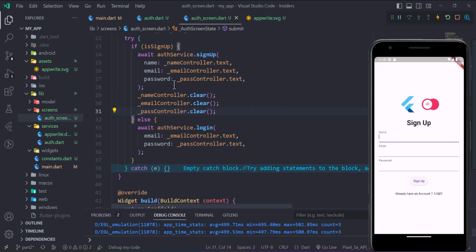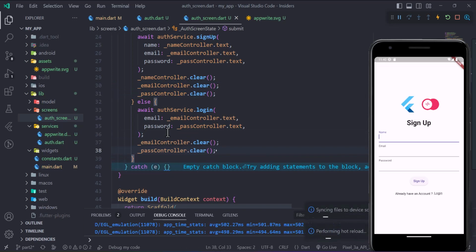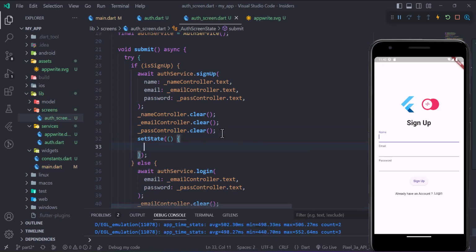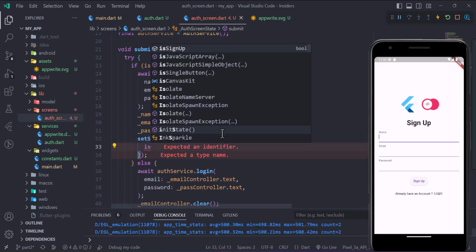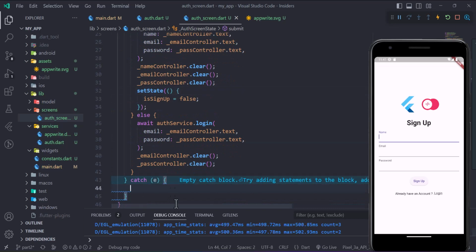The same thing needs to be done onto my login state as well. So let's just paste this part, and onto my sign up screen, what I need is, as soon as a sign up method is clicked, I want the state of my app to change from sign up to login state, right? So let's just change the state. Okay, so I guess this will handle all our authentication objects. Now let's handle this catch error block, right? And what I can do is, let's say